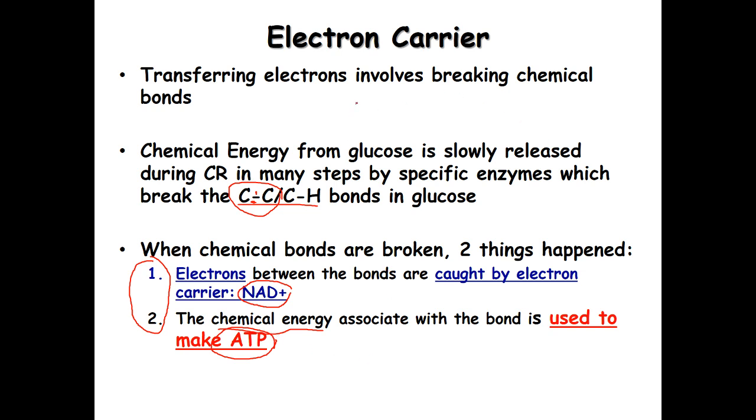Now, what we're trying to do here is, remember glucose is 6 carbons. So we always represent it like this, just simplified so you can see it well: 1, 2, 3, 4, 5, 6. In the process of cellular respiration, with all the steps that are involved, we're going to break each one of these bonds and release all the chemical energy in the form of reduced electron carriers or ATP. Okay, so just remember this. Most of the time when you break a chemical bond, these two things will happen.